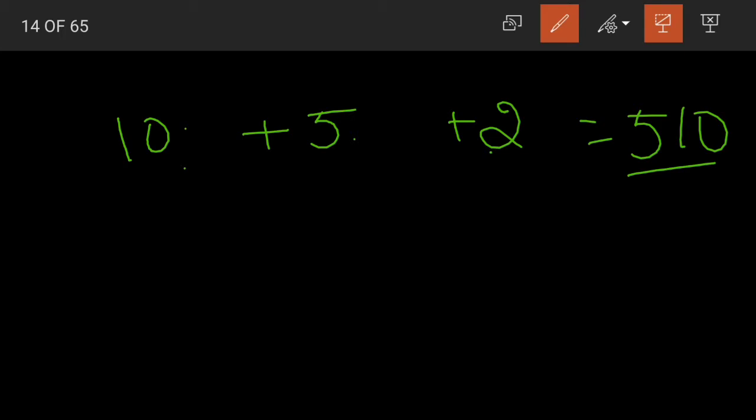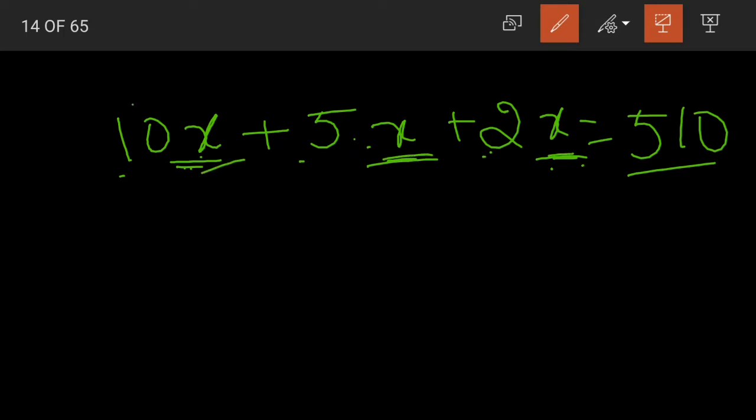Yes, children? Now what can we say? Whenever in mathematics we don't know the exact number, we represent it by x. We do not know the number of notes she has, so we are representing it with x. Why is x written for all three denominations? Because she has an equal number of notes for all denominations, the same number of notes.